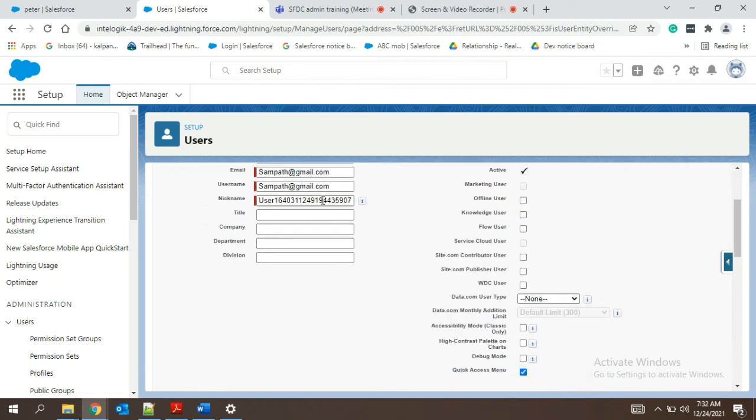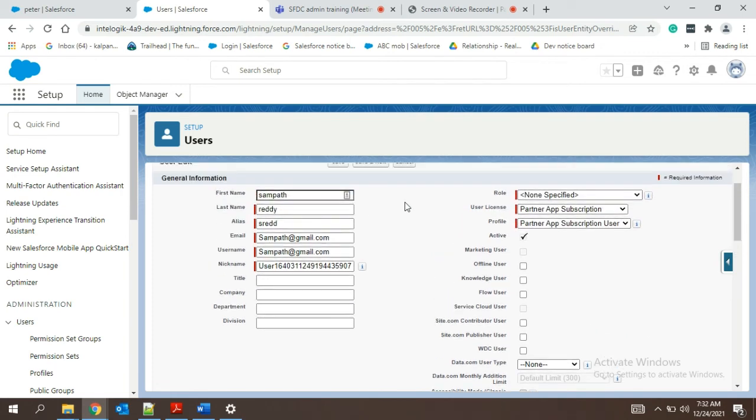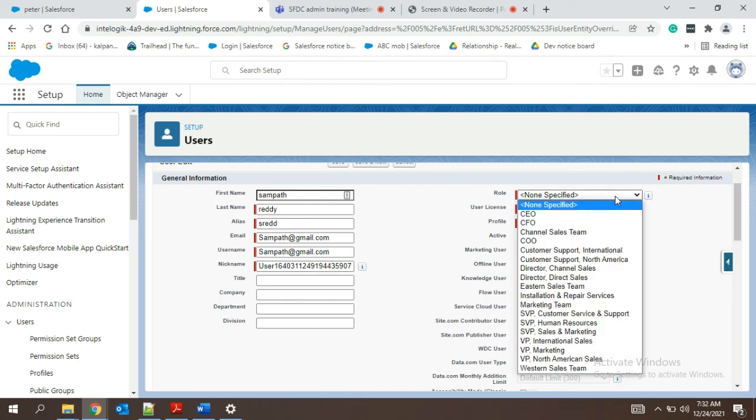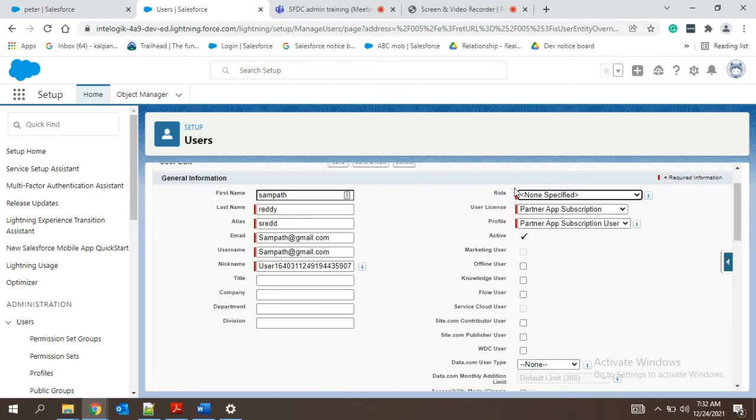And nickname is also not used for us, but when integrating other products, nickname is needed, but that is not our work right now. And role, you can see there is a red mark, which means it is a mandatory field. But even if I don't give any role, it is fine.